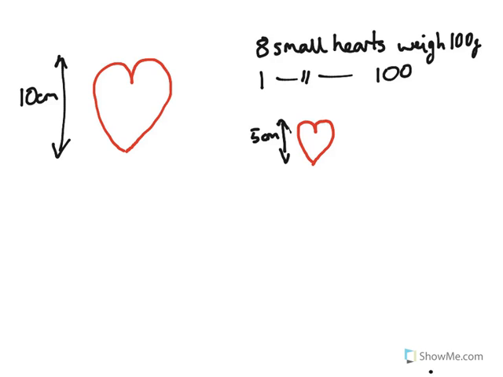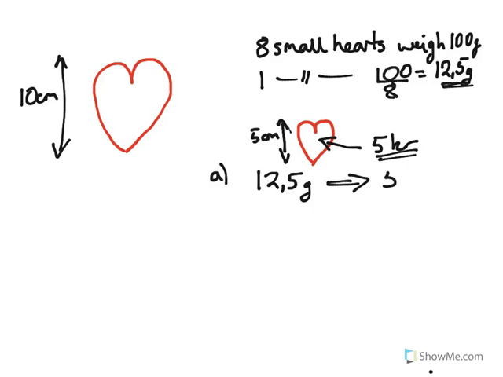weighs 100 grams divided by 8, which will be 12.5 grams. So one small heart weighs 12.5 grams. But we also know that one small heart costs 5 kronas. So one small heart costs 5 kronas, and the first question is, what is the kilo price of the small hearts? Kilo price. So 12.5 grams